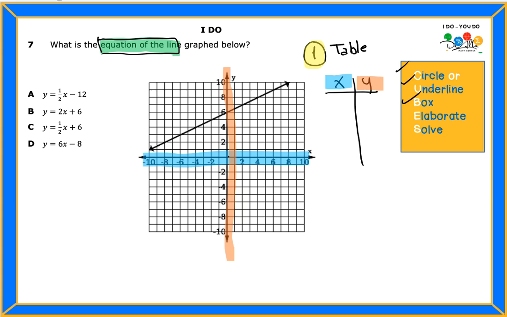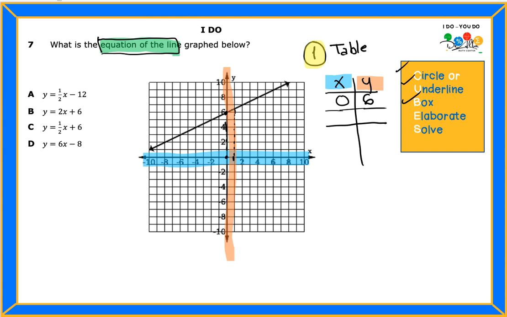And I always like to go first on the positive side because then it's really easy to check the pattern on the positive side. The numbers are more friendly. So I'm going to check when x equals 0 first. When x equals 0, what seems to be the value of y? I go from 0 up till I touch the line, and it's right here. And the value is a 6. See that, guys? Now this number in between 0 and the 2, that's the 1. See that, guys, right here? If I go up,